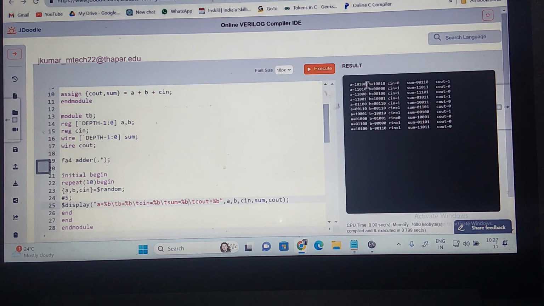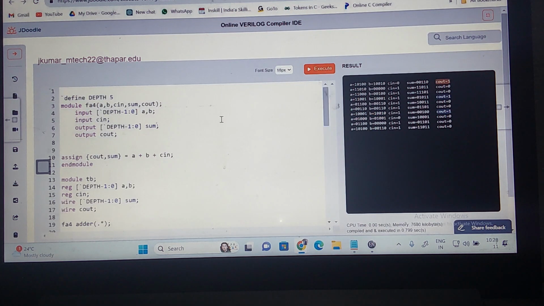A is equal to 5-bit, you can see. This is a 5-bit. B is also 5-bit. Correct? I am doing a 5-bit parallel adder. This is my sum, 5-bit. And this is my C out, which is 1-bit. You can understand. So you can make this into 6-bit, 7-bit, 8-bit. Usually we talk about 4-bit parallel adder, 8-bit parallel adder, 16-bit and 32-bit, and so on.